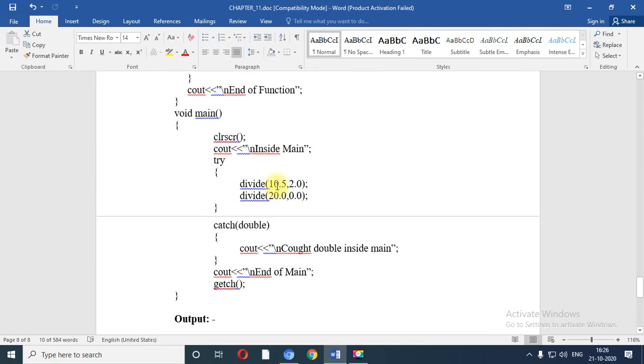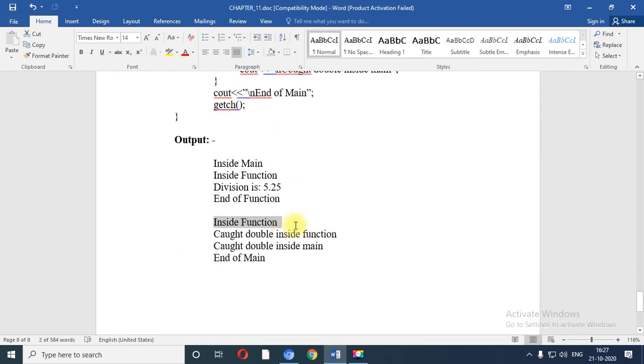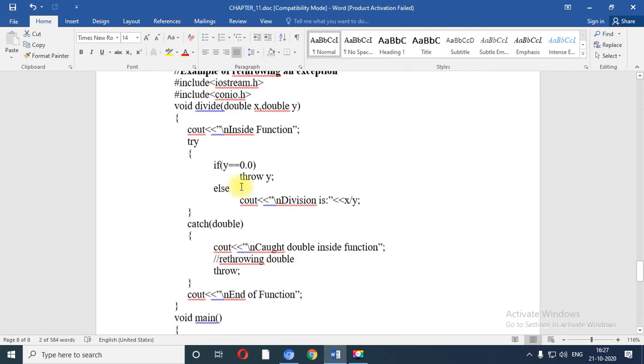Now what happens the second time when you call the divide method, but the value of y is 0.0. When you call the divide function, first of all it will print inside function, this one. Now it will check whether the value of y is 0.